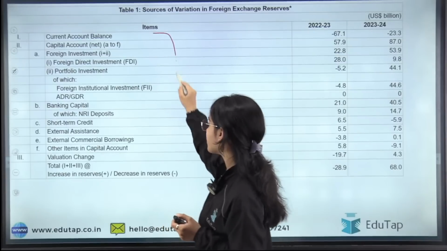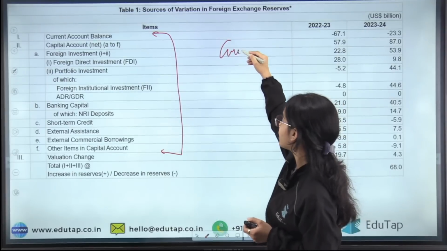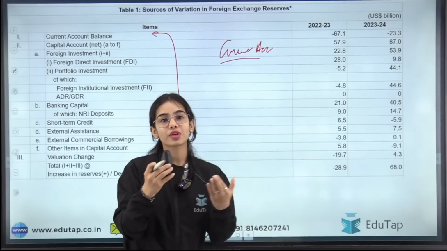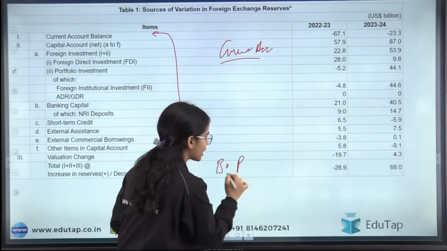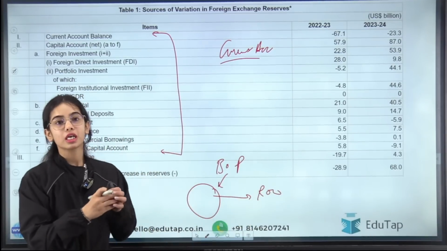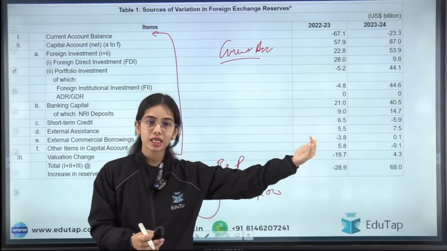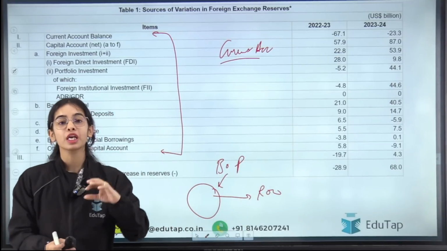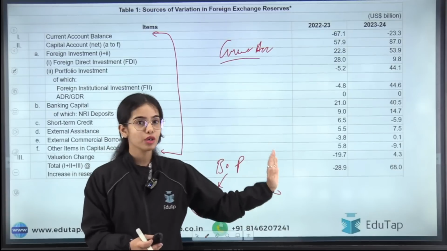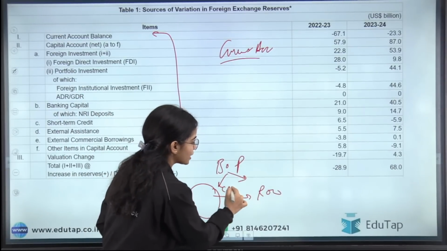So this is the data for the balance of payment till here. So here you can see that in the current account, that is the current account balance of payment, that is how much transactions. Balance of payment shows how much transactions a country is doing with the rest of the world. Okay, how much economic transactions India is doing with the rest of the world, how much import, export, how much investments we are doing in the other country, how much investments are coming into our country. So balance of payment records all of these transactions that a country is doing with the rest of the world, right? So the balance of payment is divided into two accounts, the current account and the capital account.